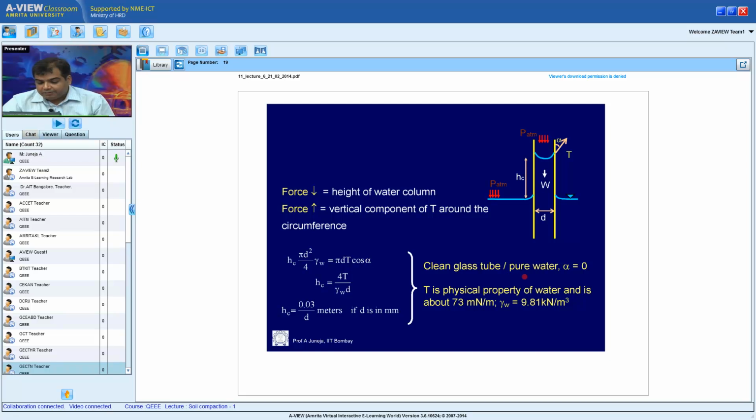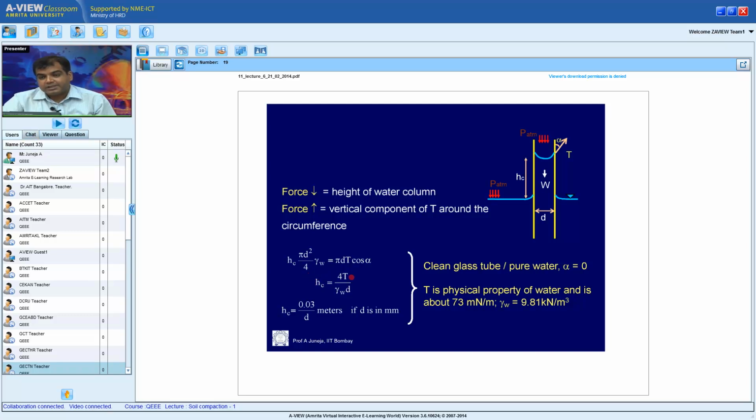If I have equated the two, knowing that for pore water alpha is 0, for a clean glass tube and pore water, alpha is 0. We are going to use this assumption for soil. It's rather a question how valid this would be, but assume this to be valid. And capital T for water at a fixed temperature of 20 degrees is 73 millinewton per meter. So it's a fixed quantity. If I plug in 73 and take alpha to be 0, I get